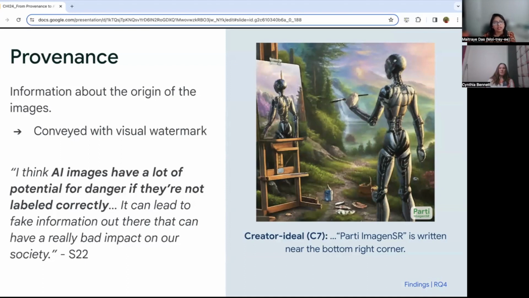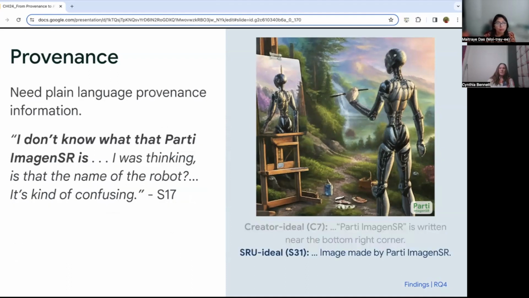So in our study, we saw that creators often described the visual watermark, and even if they did not include it in their initial version, they added it in the ideal version of their alt text, modeling after how it was described in expert written alt text. For example, the creator alt text of this image on this slide said, "Party image in SR is written near the bottom right corner." Importantly, screen reader users emphasized that they needed the provenance information to be easily understandable without